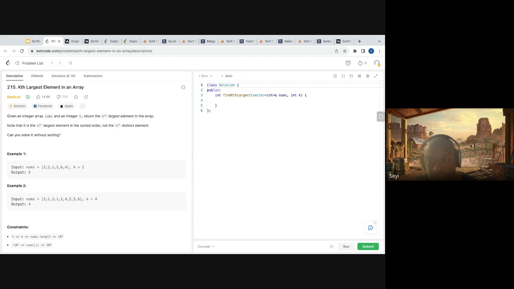Now, from quick sort, I know that when we used to do quick sort, remember we are partitioning items around a pivot. Now, if I randomly select an element in the array and I partition all the elements around that pivot, right? That pivot is in its correct position in the sorted array, right? And I know the correct position of the index I'm looking for. So if I get that pivot number and I see that it's less than what I'm looking for, I can just do my quick sort to the right and keep doing that till I get my answer.